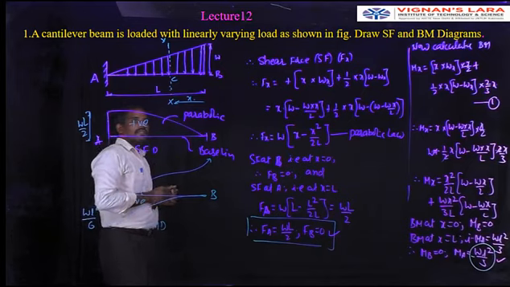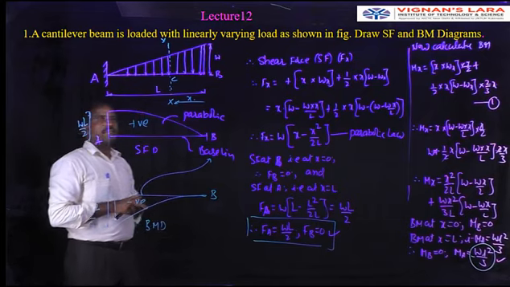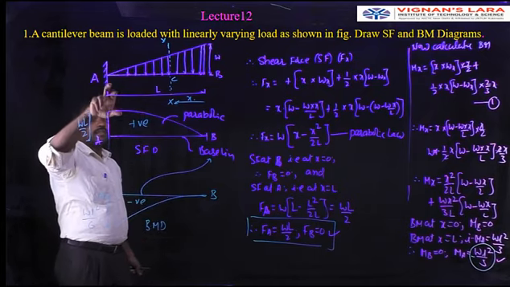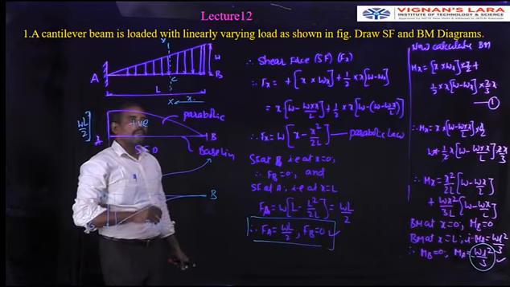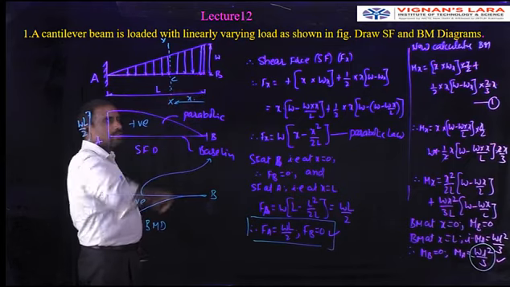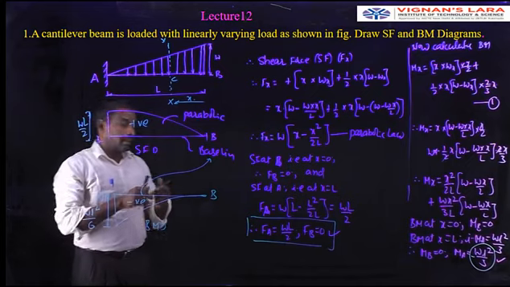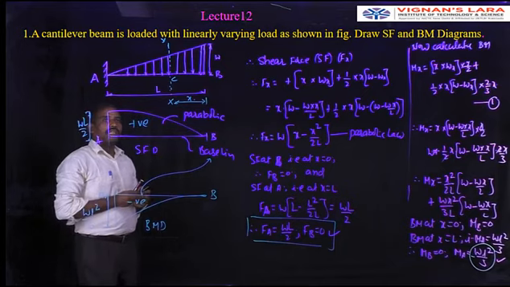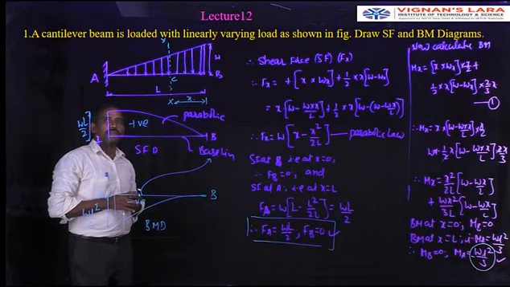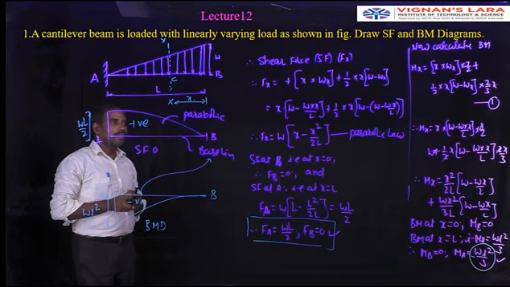So today we covered the shear force and bending moment for a cantilever beam subjected to a linearly varying load, with the intensity of load 0 at the fixed end and maximum at the free end, which is equal to W. Initially we have to take the section at a distance x from A, that is B, at the free end. That is very important. Whatever the position of the intensity of load, you always take the section at a distance small x from the free end only.